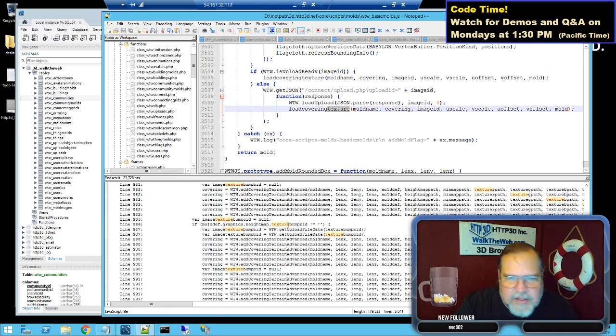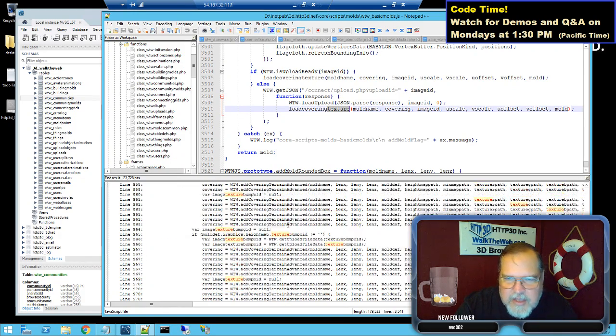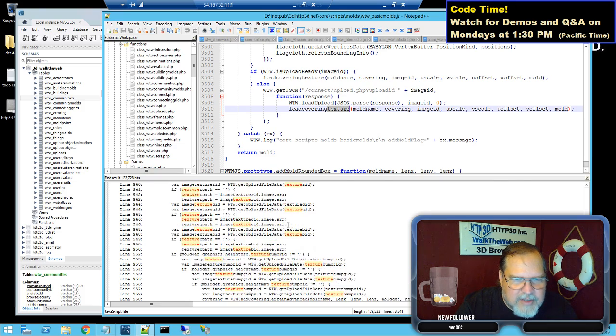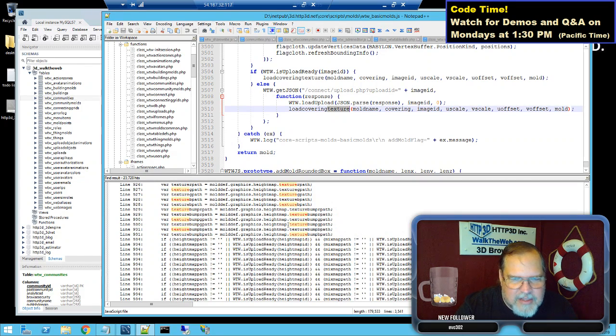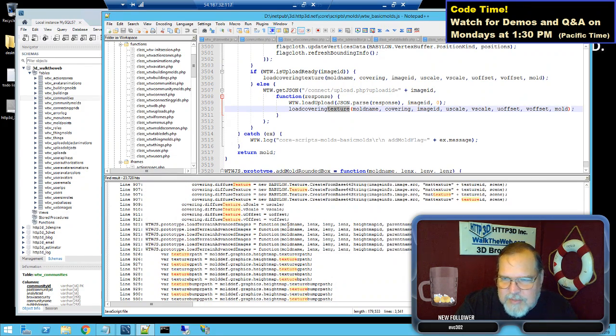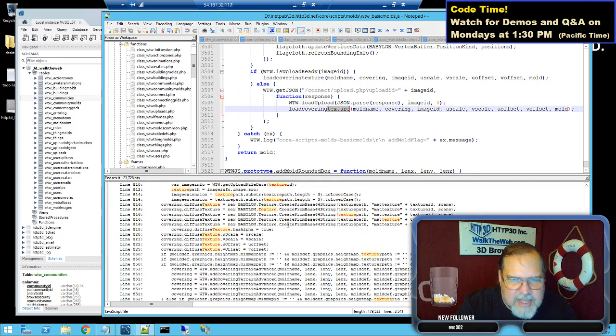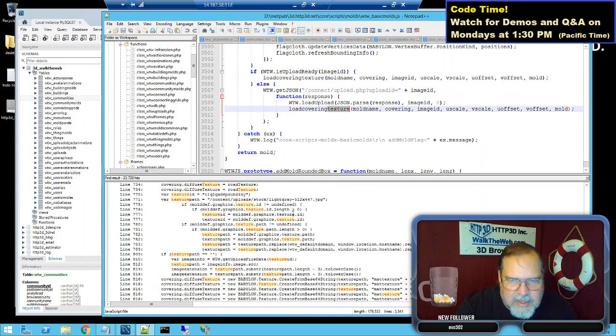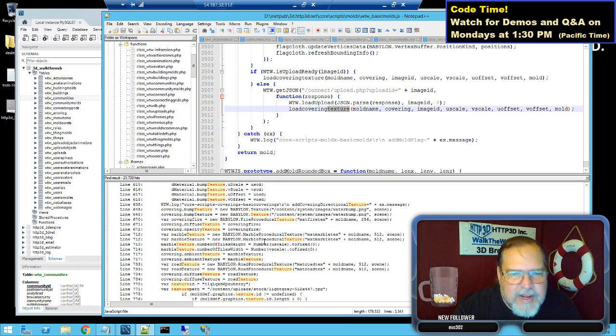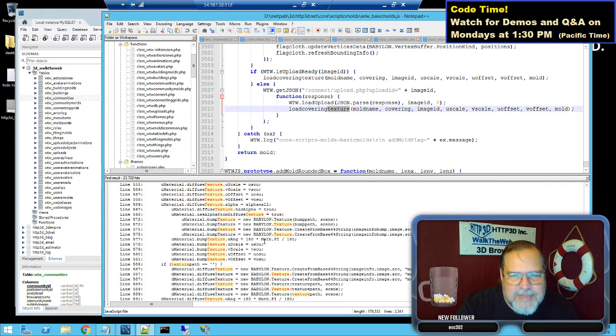We're doing this rather quickly, and the good news is that I've already done a lot of this code and made sure it wasn't being used. I know which one this setup is. This is all the, okay, texture path and IDs. That one had to do with the mixed